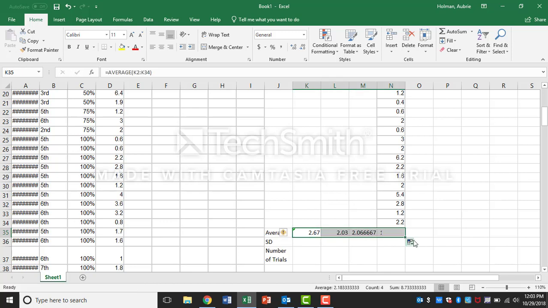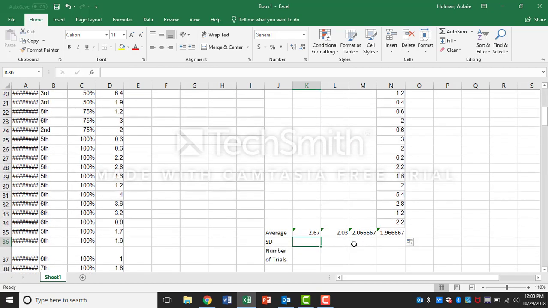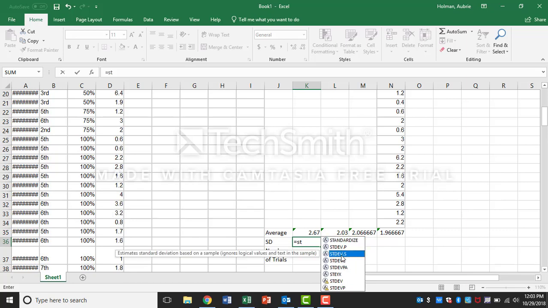And we're going to carry that over so that we've got averages. Those averages look very similar, and 25% looks to have the highest rate. So the data doesn't make a lot of sense, but that is our data. This lab is notoriously hard to get consistent. For standard deviation, you have all these different standard deviation of a population, of a sample. We're going to do the sample,